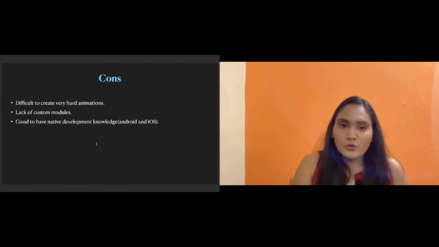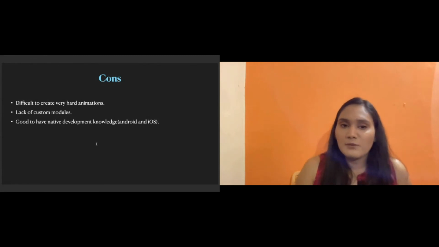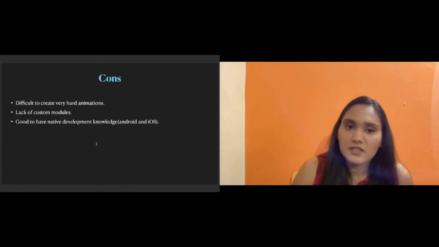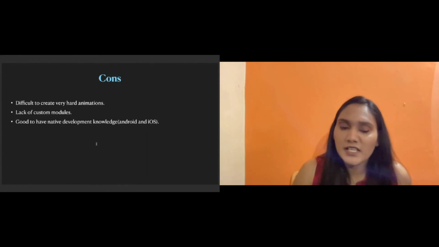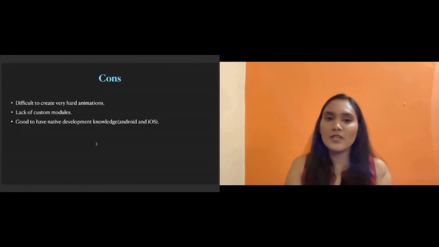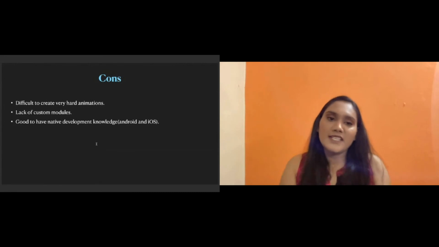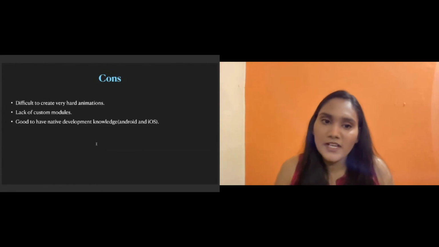Lack of custom modules. Sometimes what happens is, if your application demands that you create complex modules, and that module is not available in npm or CocoaPods, then you have to create custom native modules. For Android you have to do some development, for iOS you have to do some separate development. In that case, yes, you should have the knowledge of Android and iOS separately.